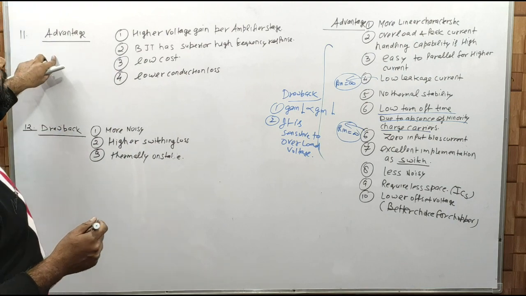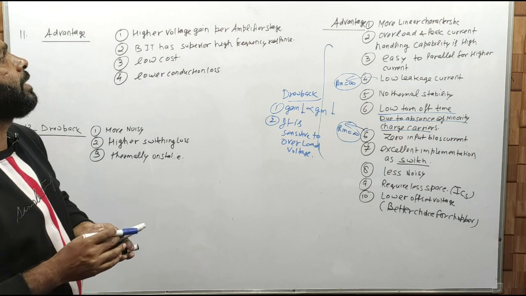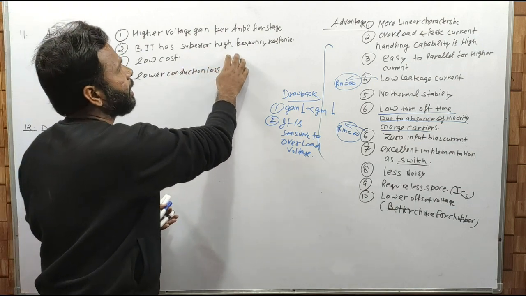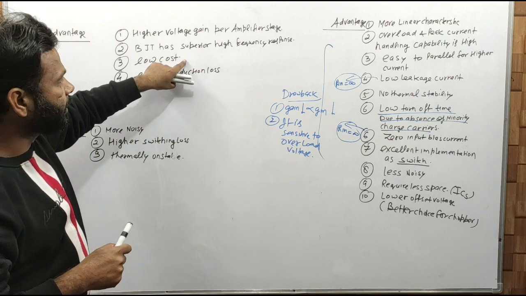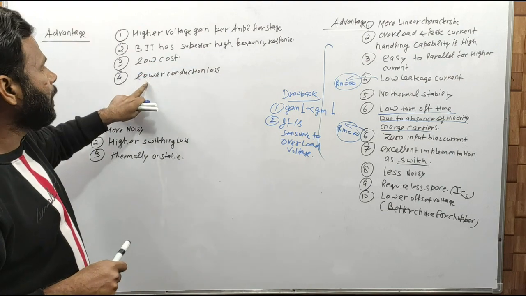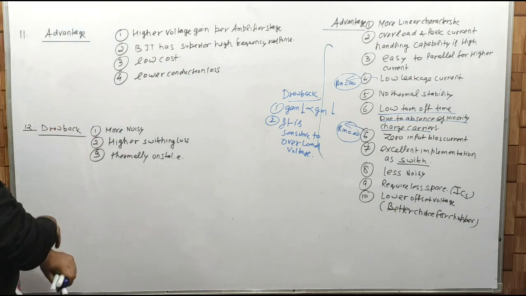The advantage of BJT is what? Higher voltage gain per amplifier stage. BJT has superior high gain, high frequency response and low cost. Jab bhi aapko cost effective chahiye, then you can use the BJT and lower conduction losses. Clear hai? Ab agar main drawback ki baat karta hoon,